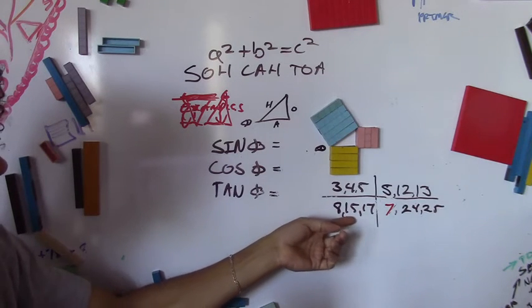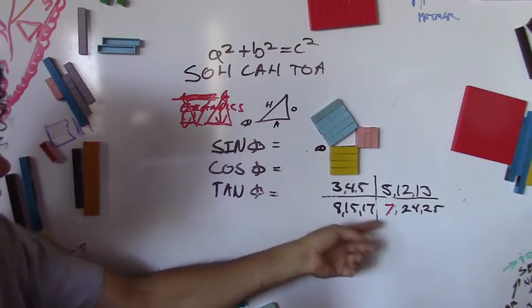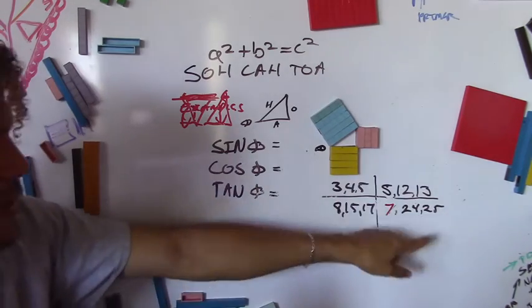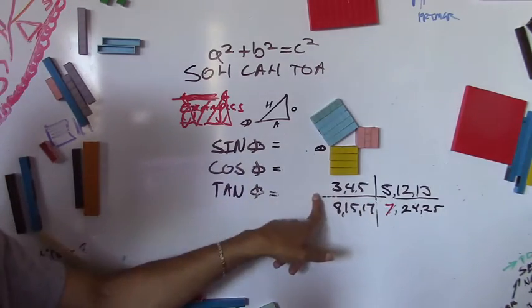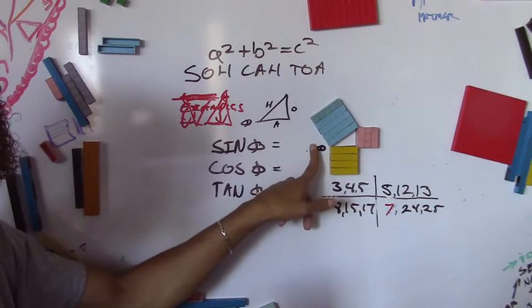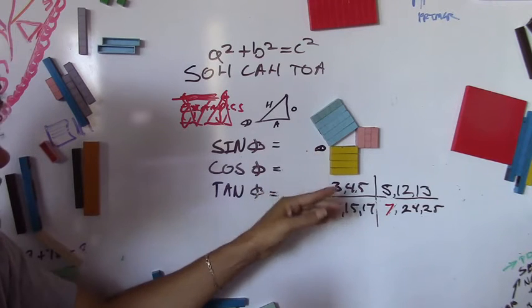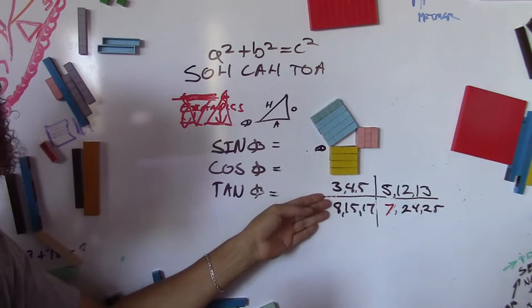But that's why we spend time working with the square numbers up to 20. And actually square numbers up to 25. And then fooling around with square numbers like this, so that later on when we come back to this, we're not fumbling around with computation while we're trying to do concepts. Do you get it? So the idea is that we want them to understand the concepts, and computation is